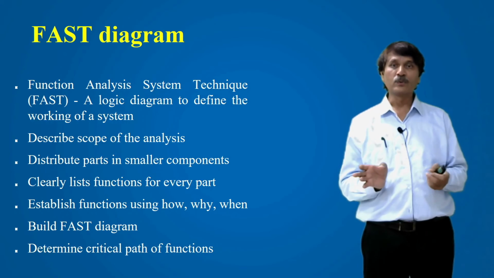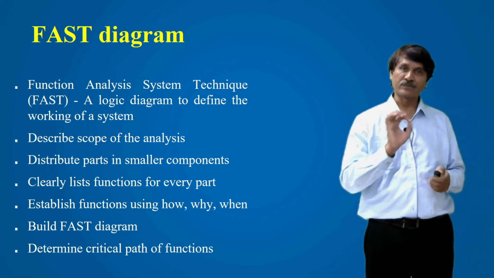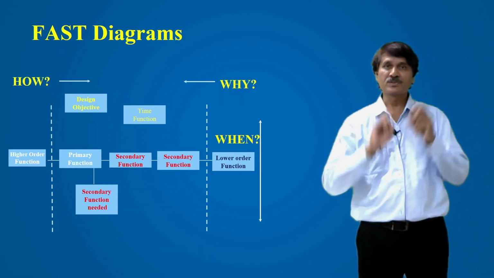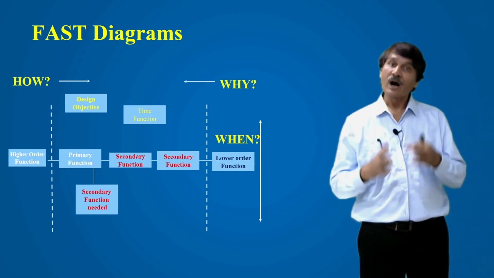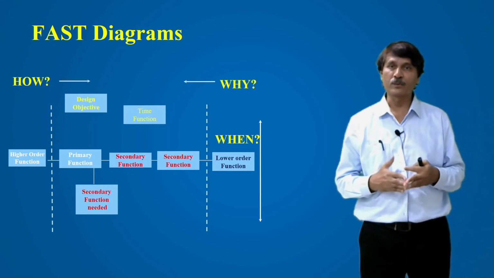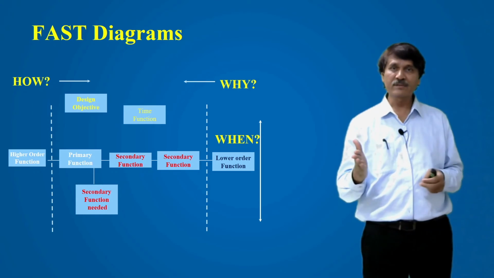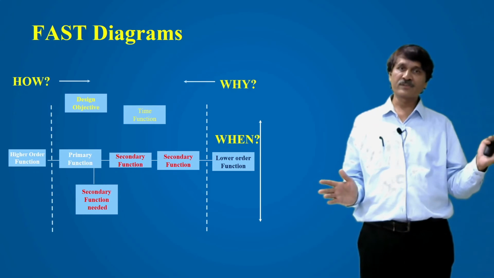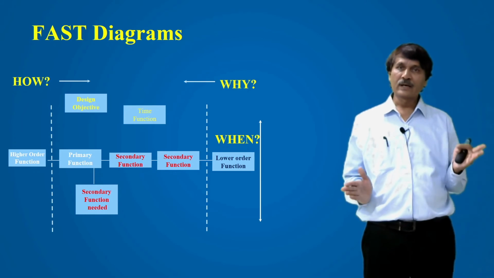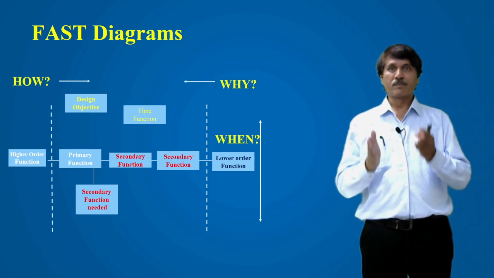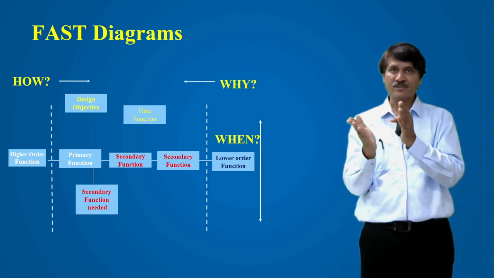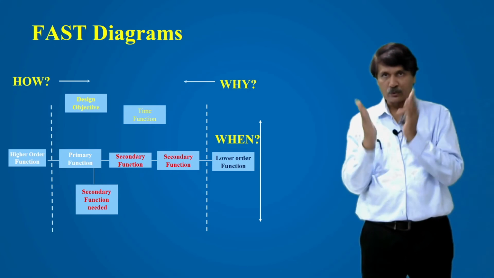After that you are determining the critical path of the function. That is in what way the FAST diagram is going to be there. You see this, that the question of how, why and when you are going to have these higher order functions you are going to see on the left side, while lower order functions you are going to see on the right side. So you are having design objectives, you are having time functions,